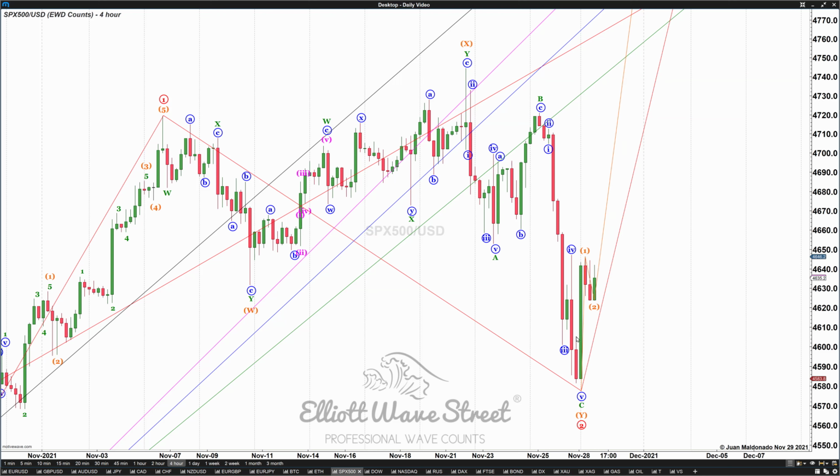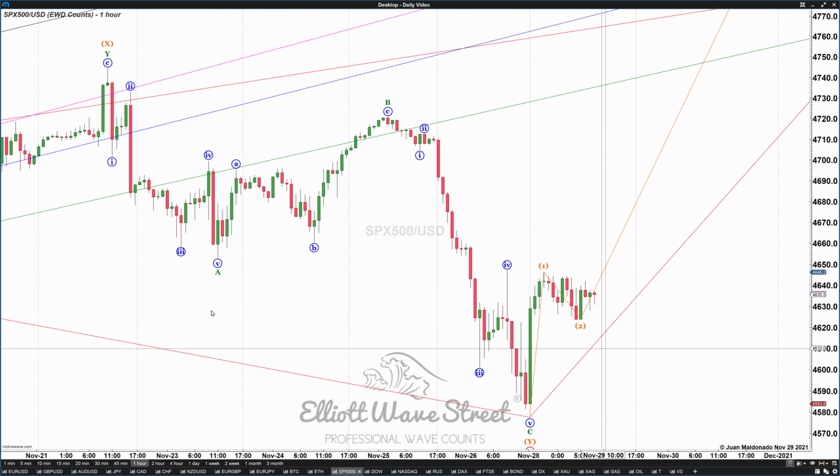Sometimes the S&P makes a deeper corrective before going up, but most of the time a tiny corrective, like the one that we are seeing here, is more than enough. So we can have price rejecting the lows here. So that's the setup. And that could be enough for the S&P to start climbing this week and moving back to the highs